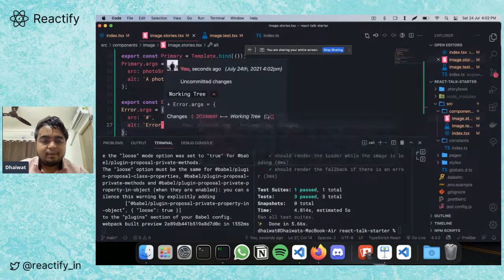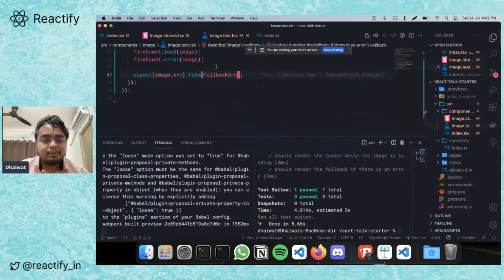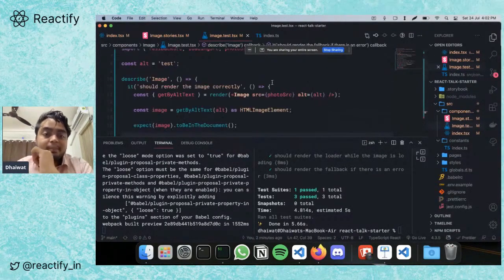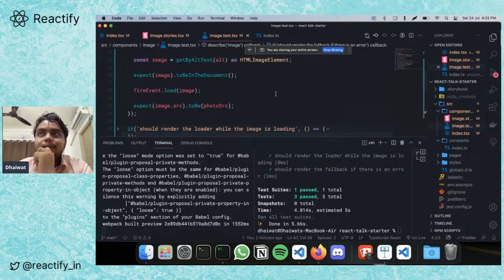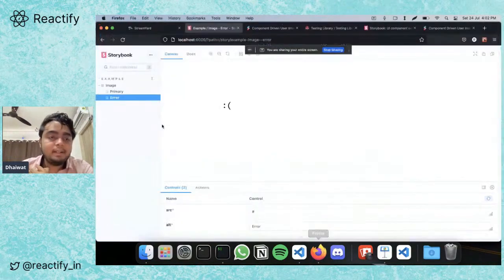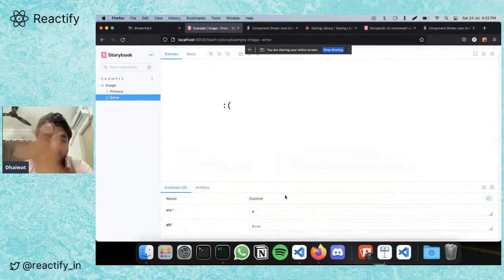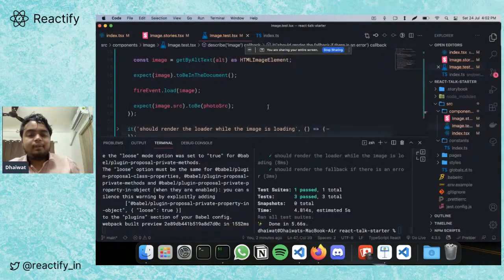It's great. This allows us to make sure that whenever we, let's say, pass a huge file, our component will indeed show a loader. And when we pass something that doesn't exist or isn't even a source, it shows a fallback. Now, of course, in production, you don't want to use these funny SRCs, but you get the point.